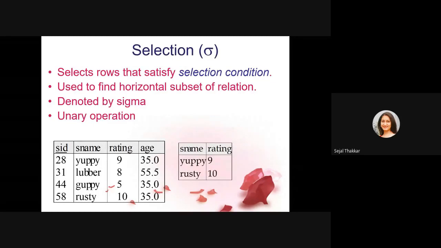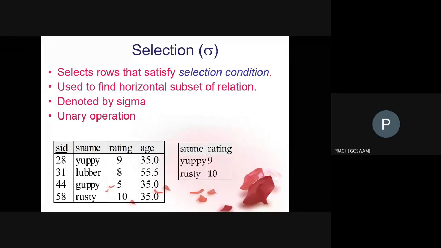If I want to see the SID and age column of this table S2, where age is equal to 35. So what I have to write down? I am interested in seeing only the SID column and age column, but where the age is equal to 35, that I only want to see. Can anyone reply? What should I write?